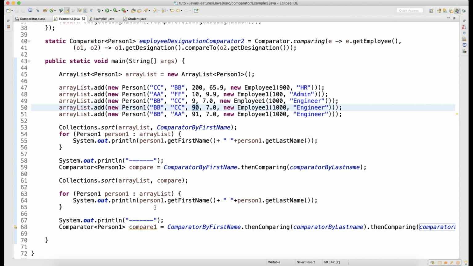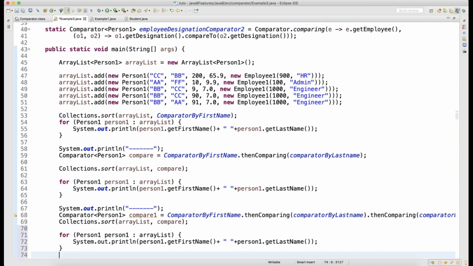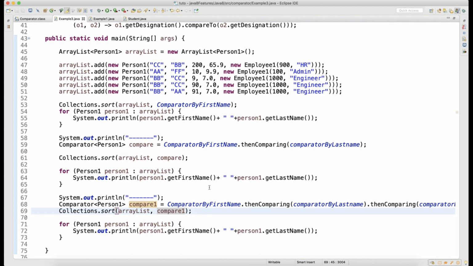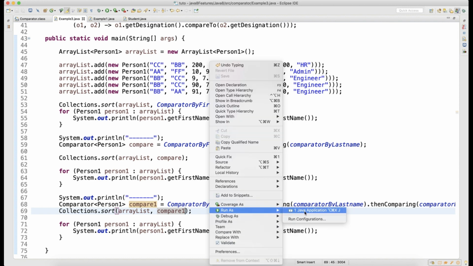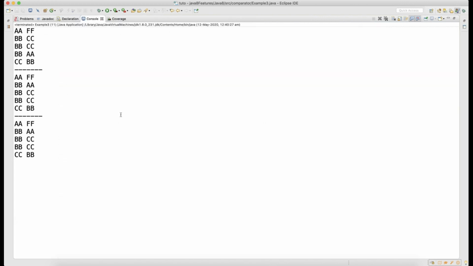So now if you look at it, your output is going to be a bit different. Call this sorting and then call this for each loop, right? You pass here compare 1 and then call for each loop. Let's see the output. Let me maximize. Look at this output.